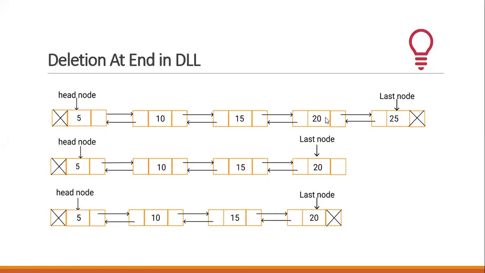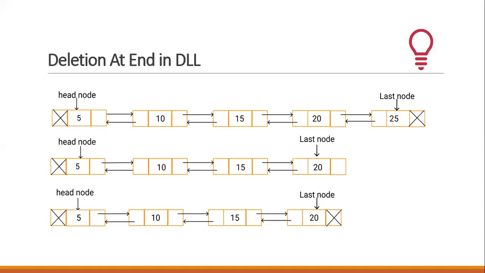When we were deleting in a singly linked list, we had to maintain temp and temp1 as two pointers, because we were not aware of the node which is previous to the last node, and that's the most tricky part. Whenever you want to delete the last node, you should know which node is now going to act as the last node. Definitely, if you delete the last node, the node which was previous to it is going to act as your last node. That is another characteristic of a doubly linked list, because it maintains all the previous linkages. It becomes extremely easy to delete the last node also.